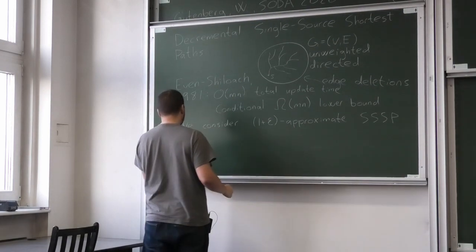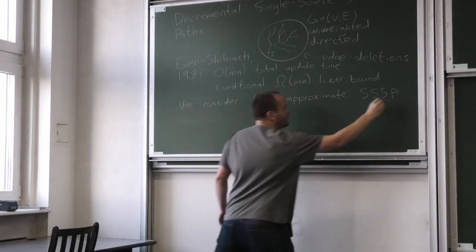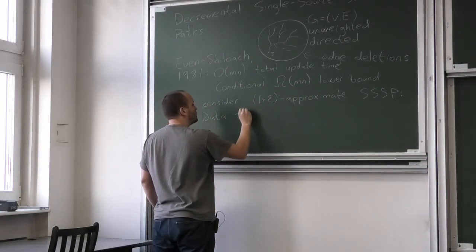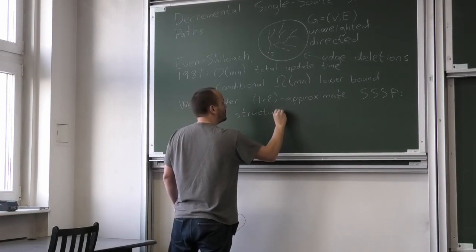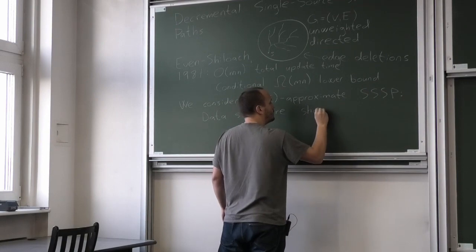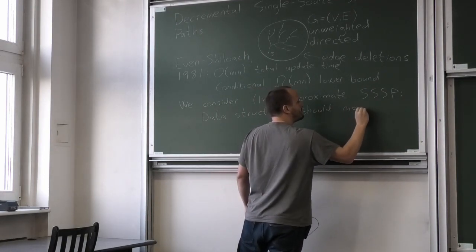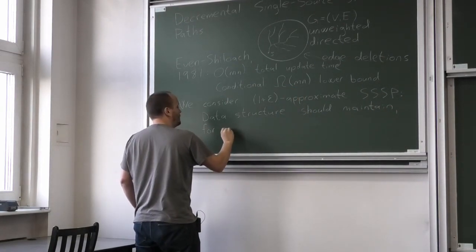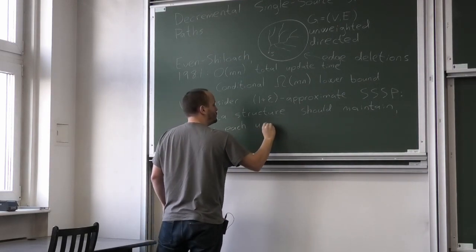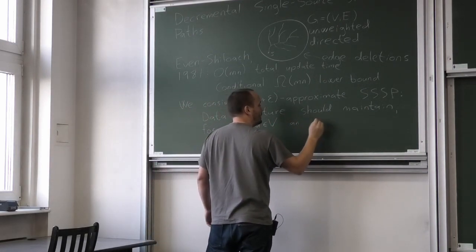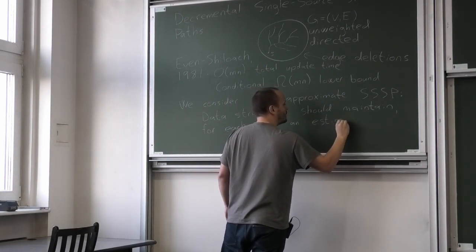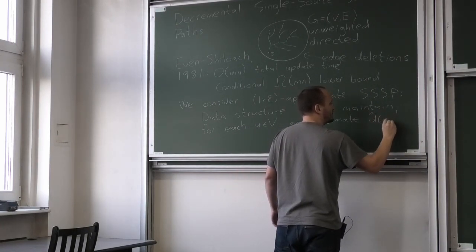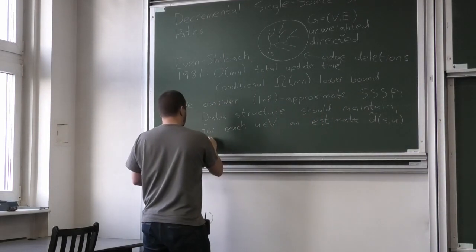It means that the data structure should maintain for each vertex u an estimate, let's call it d tilde of s comma u, such that,